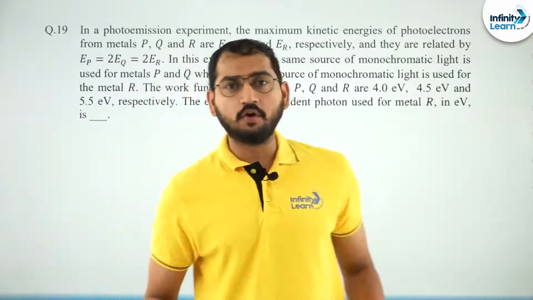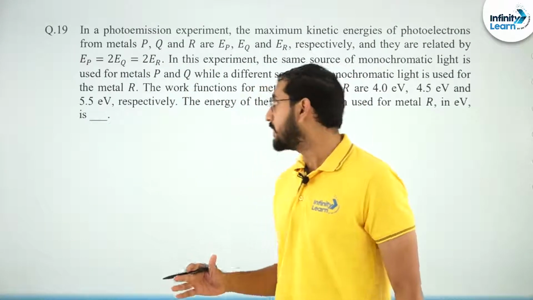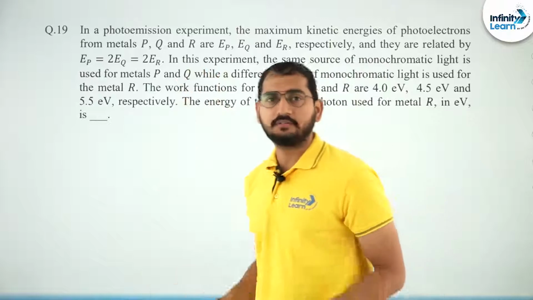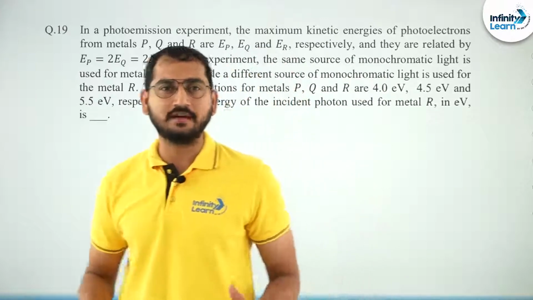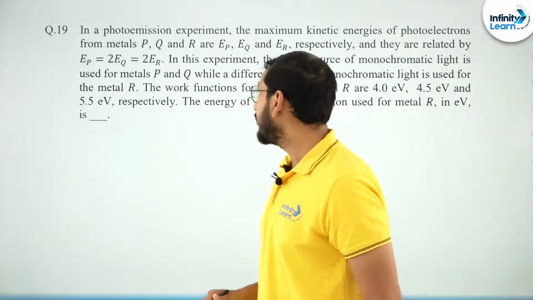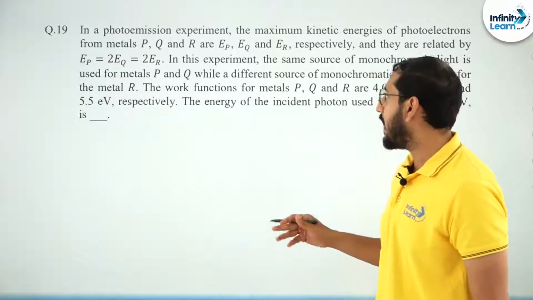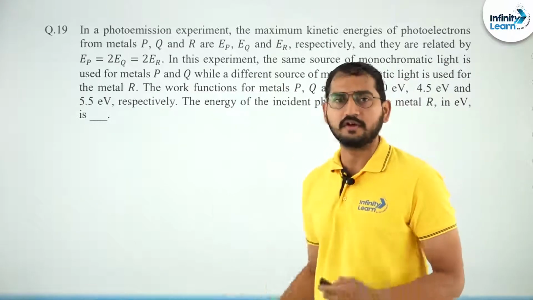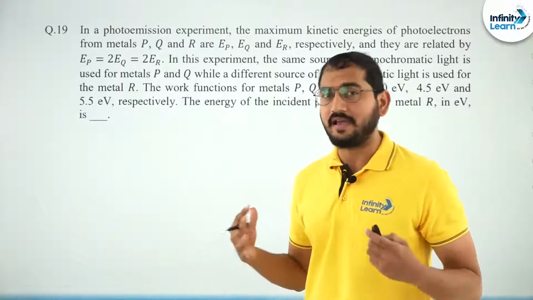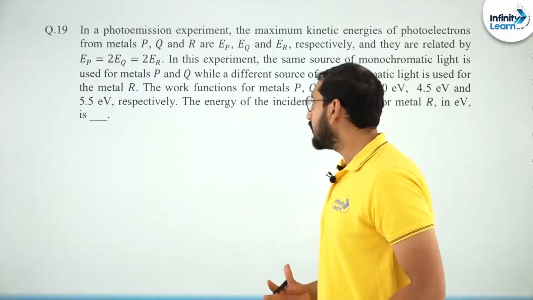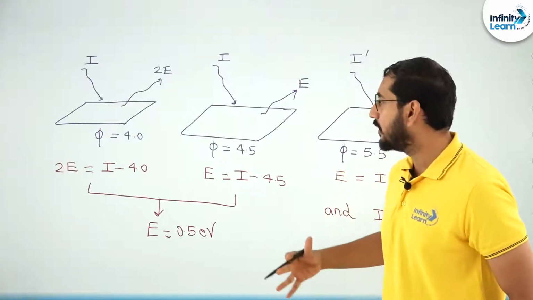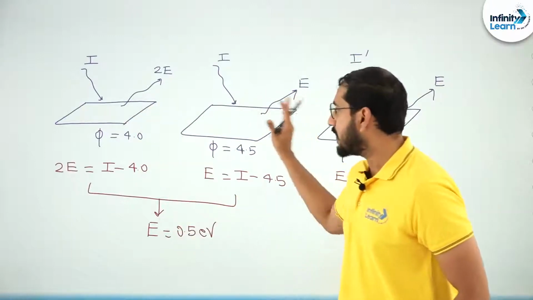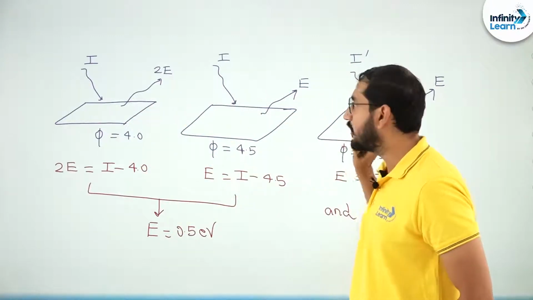So students, moving on to the final question of this paper 2, this is a question from the chapter Modern Physics. Here the photoelectric effect is discussed basically. This question says that we have three different metal plates for which the work function is different, and their kinetic energy is also different. The best representation that we can do over here is that these are the three plates and their values of work function are also written over here.